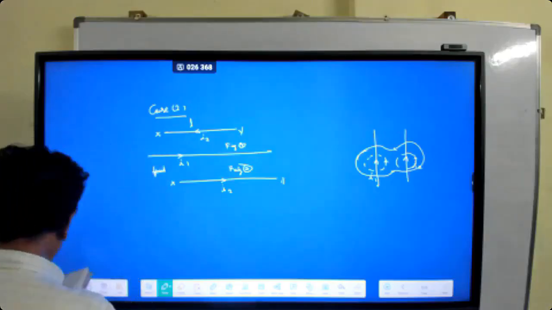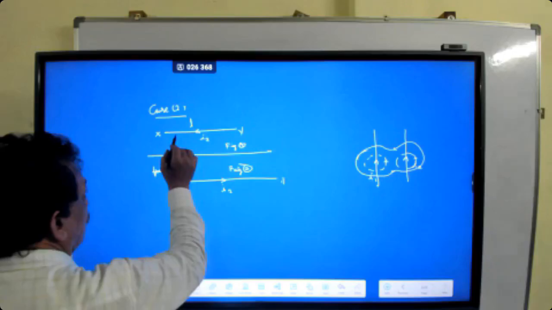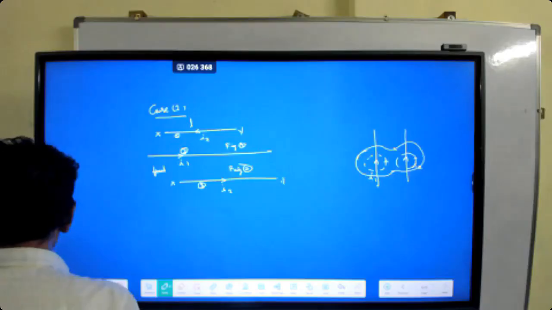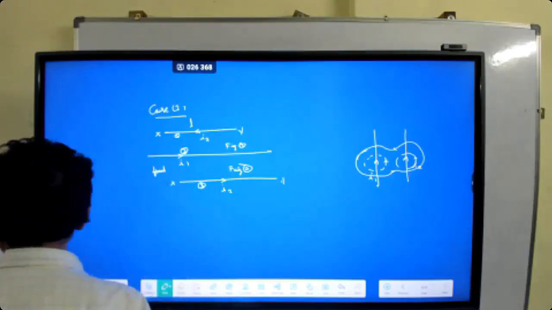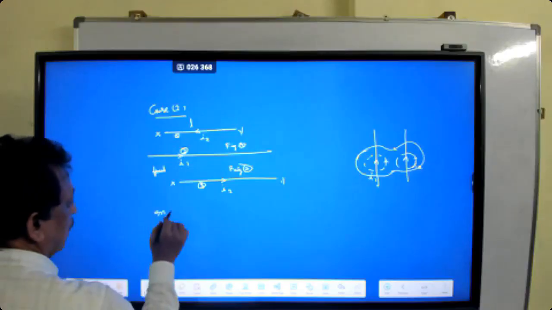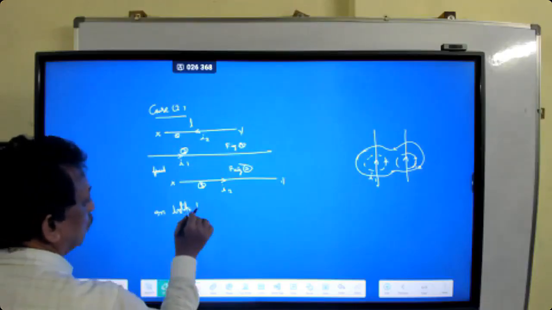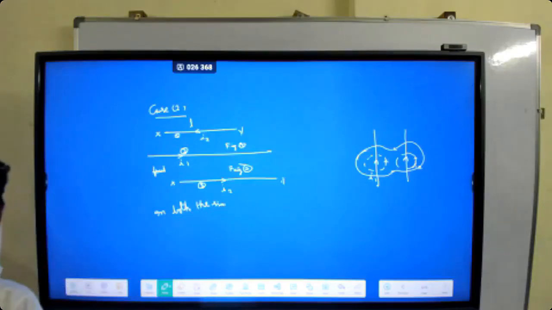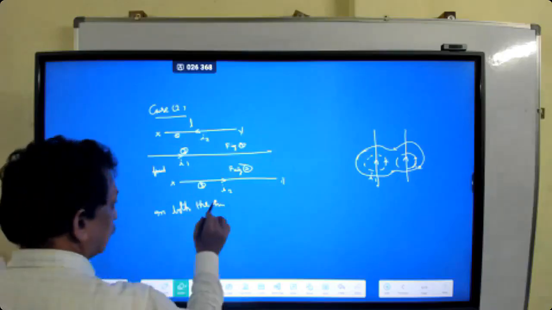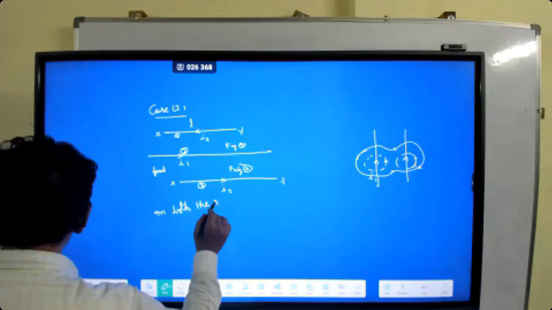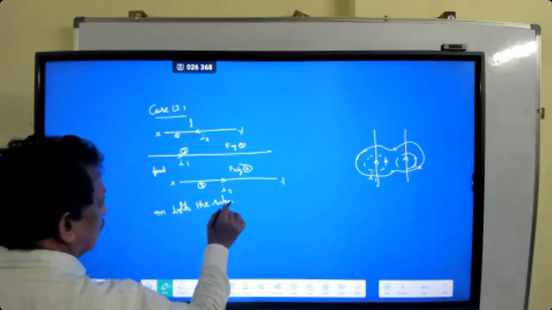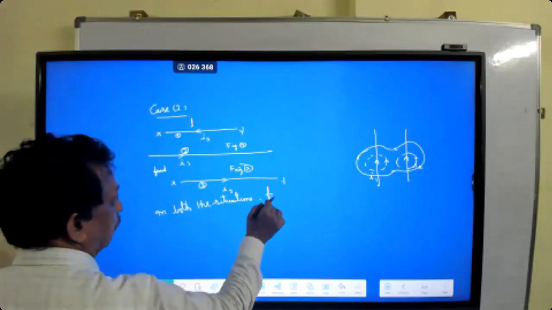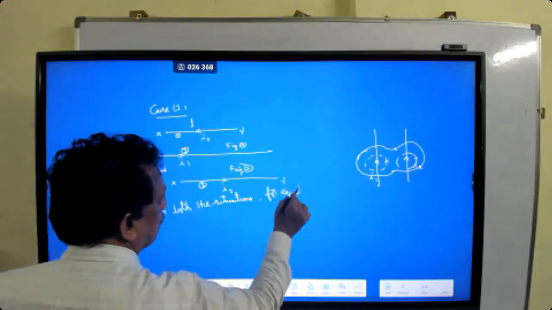Now two forces are existing. So in both the situations, for equilibrium,